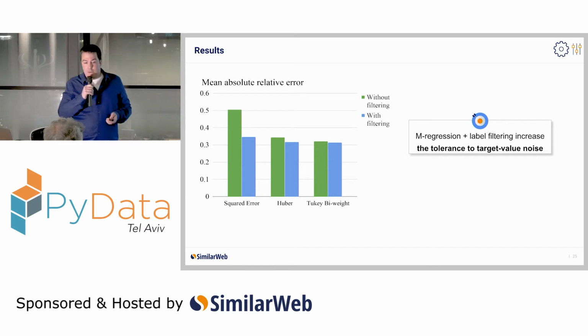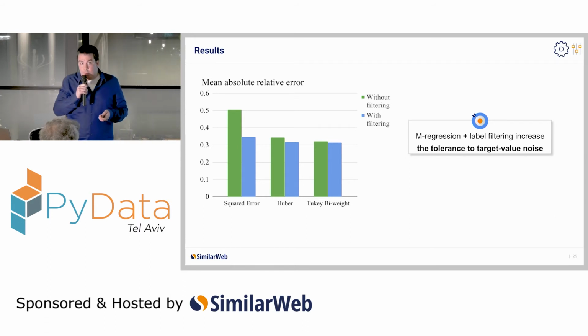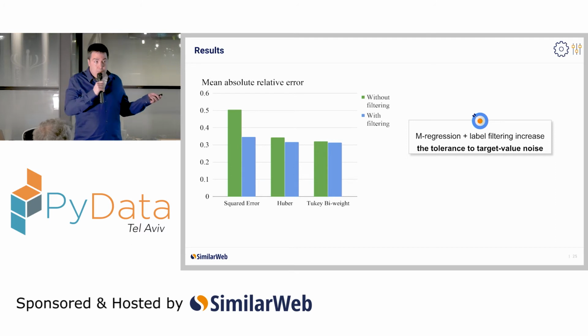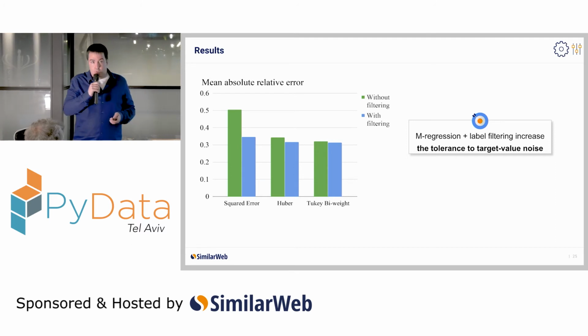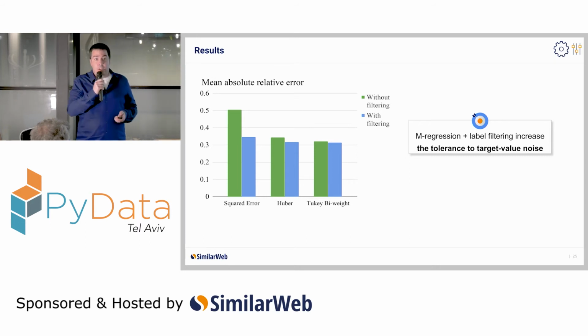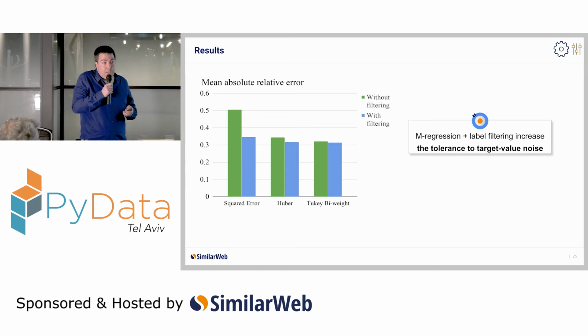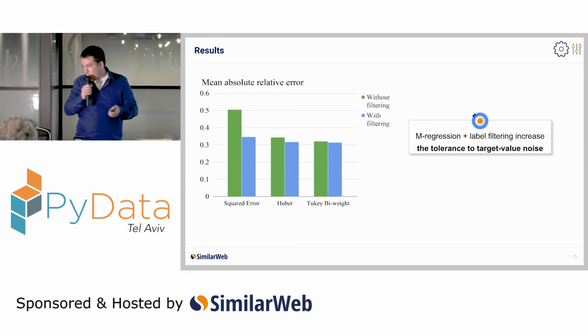And second, you see that the filtering method further improves the estimation quality, where there's a bigger impact on the squared error and a small but still positive impact on the robust regressors. You need, of course, to remember this is only one example, and maybe in another example, the filtering method might play a much bigger role in improving the estimation quality.